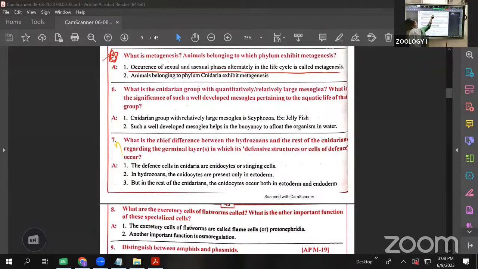metagenesis: the occurrence of sexual and asexual phases alternately in the life cycle. Which phylum is it from? The phylum Cnidaria. Clear? Animals belonging to phylum Cnidaria exhibit metagenesis. Clear? Metagenesis occurs in the phylum Cnidaria. Before also we discussed the two forms, the polyp and medusa. That is related to this only. Clear? Next is